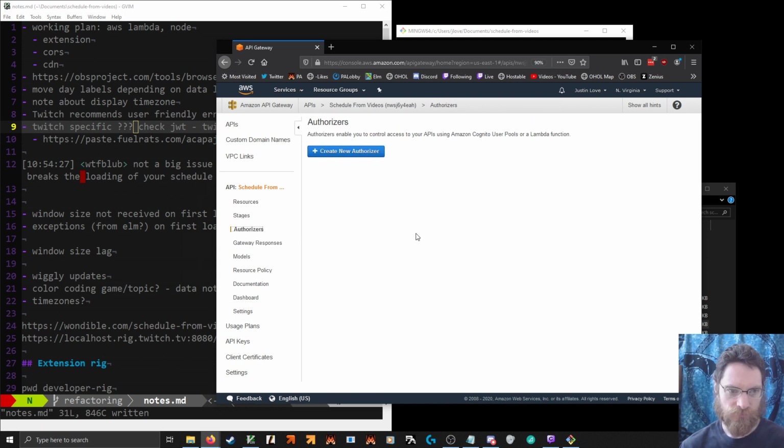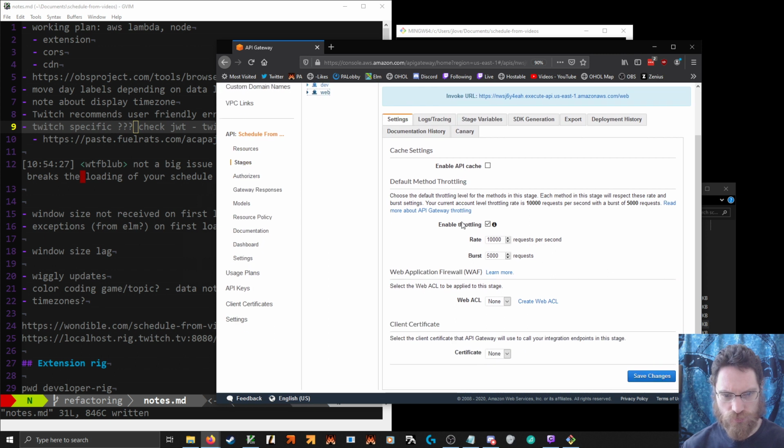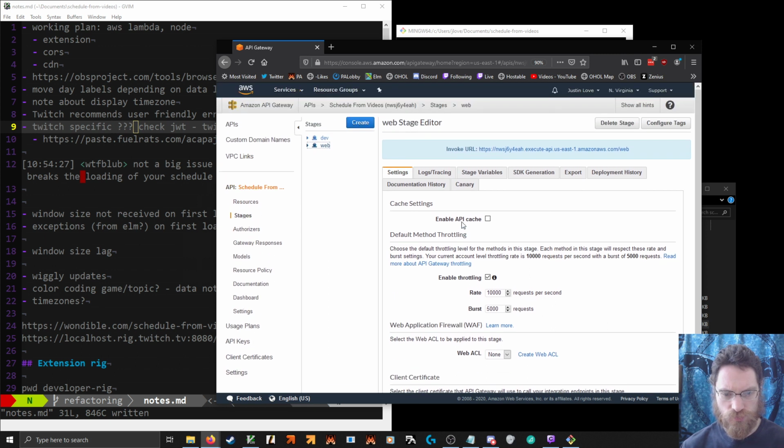User pools or a Lambda function. Yeah, but I don't know. Stage variables. Logs, tracing. Logs are the thing we might need to look into.